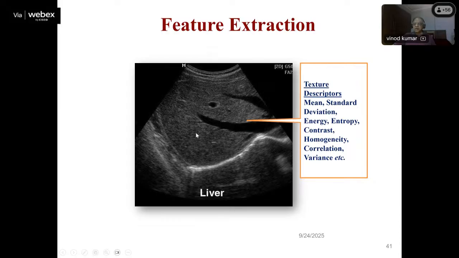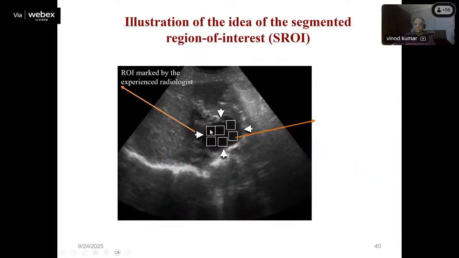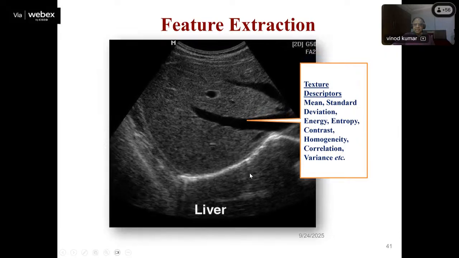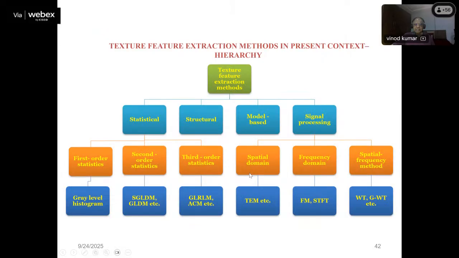Somebody asked how statistical features are calculated. If this is the patch, you can add all the pixel intensities and you will get the average value. Similarly, you can calculate standard deviation and other parameters. These are standard formulas, and I will give you some formula. For feature extraction, we have used here